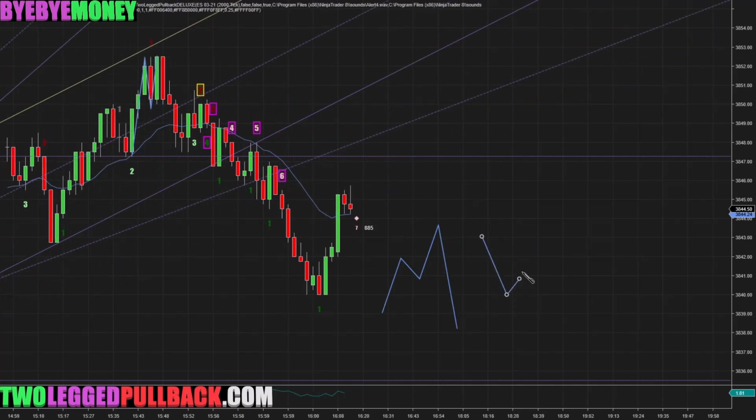And you have the same thing here, we call this an A, B, C pattern. It's just much easier to say, but that's another way to label it. And we like to enter into the second entry, and the reason why we like to enter the second entry is because the market likes to move in twos. It tries to make one attempt to reverse, first entry, and a second attempt to reverse, and when it reverses from this reversal,